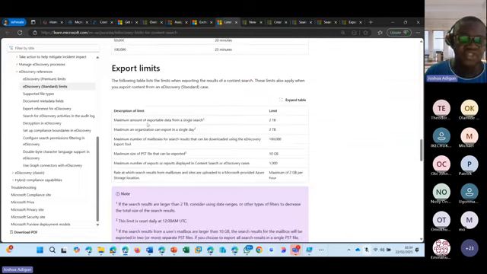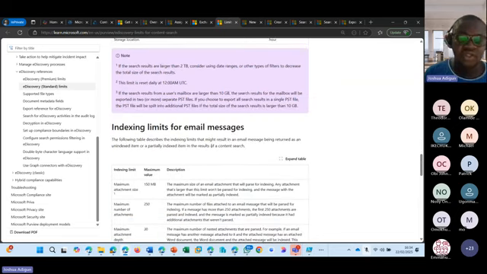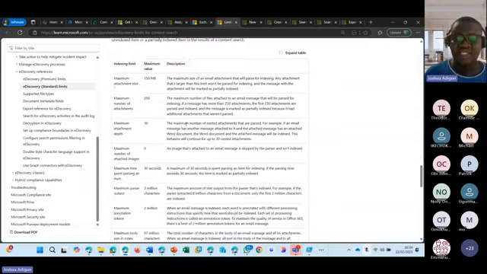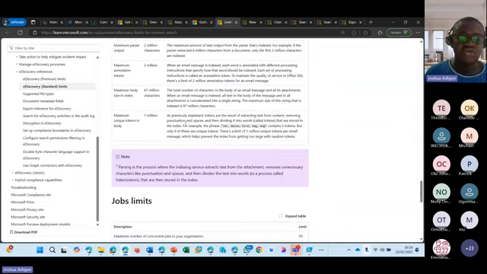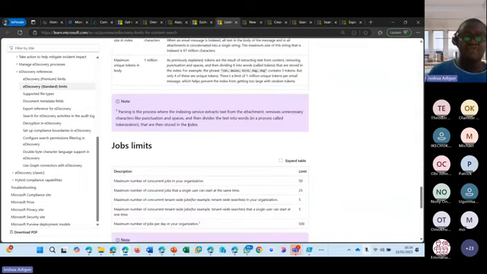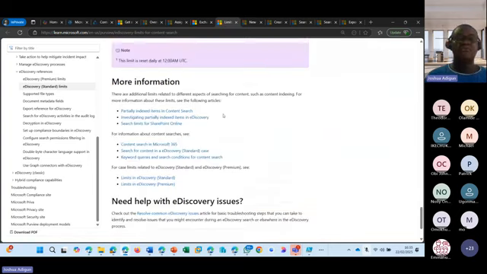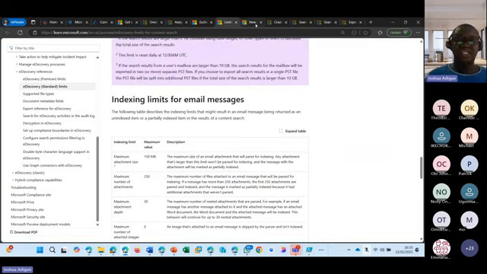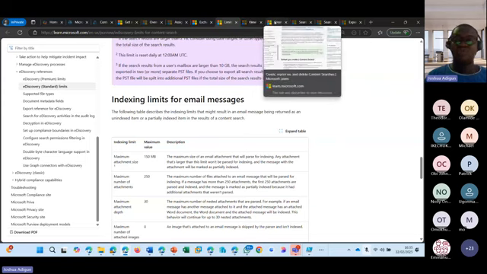limitations, export limitations. You see the maximum amount of exportable data from a single search is 2 terabytes, and the maximum size of a PST file that can be exported is 10 gig, and then all this, right? All these documents will be provided to us so that we can also have a full grasp. We can also consume them and have a full grasp of what content